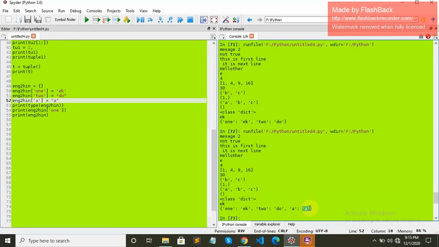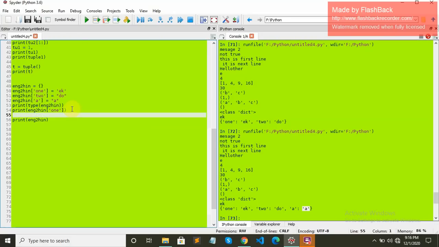Now let's have some dictionary operations. Let's see it. You can delete one key or value from the dictionary by using something like this. You can have del and then the dictionary name, and what you want to delete, put it here. It will get deleted. If you see now, we do not have any 1 in the dictionary because it has been deleted. So that's how it works.